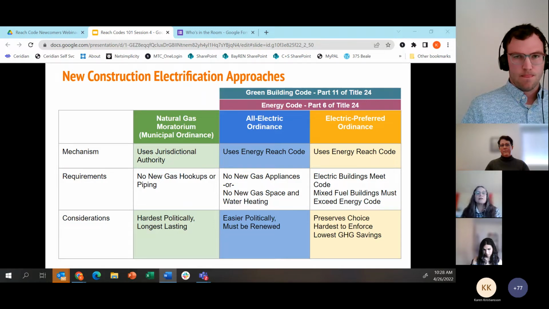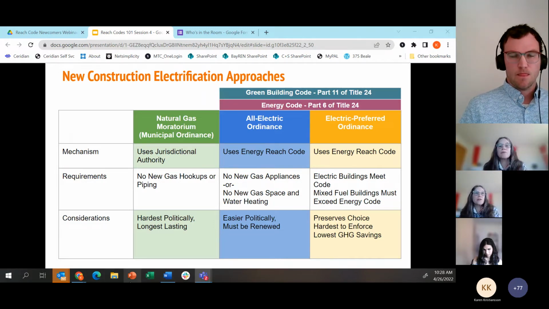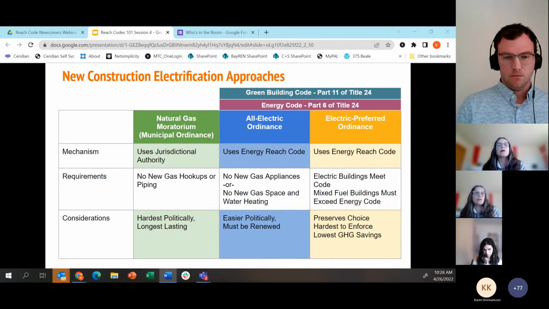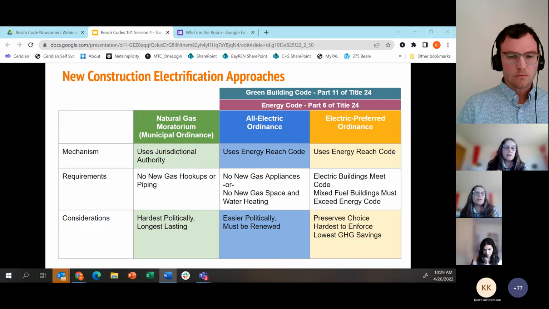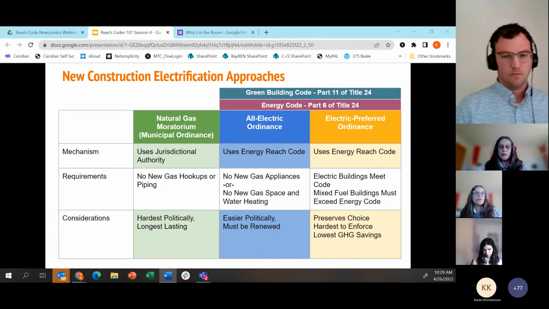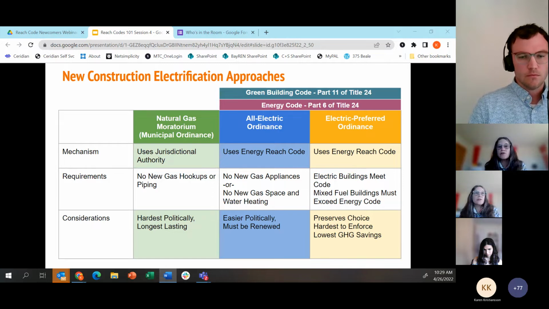I would just add that in addition to clarifying the different roles of the different agencies, it also serves to clarify the intent of the policy very specifically. If it's an energy conservation or energy efficiency policy, Part 6. If it's an electrification or a policy that is focused on the infrastructure, then it goes through a different part of the building code, like Part 11.